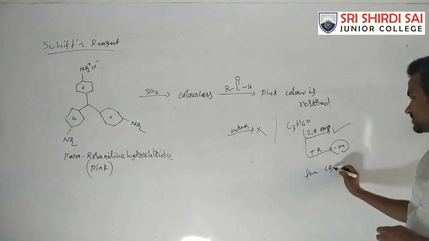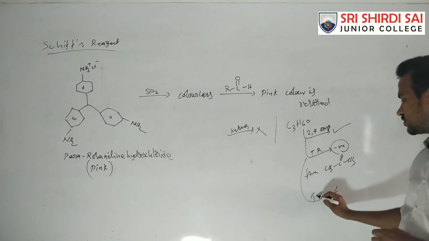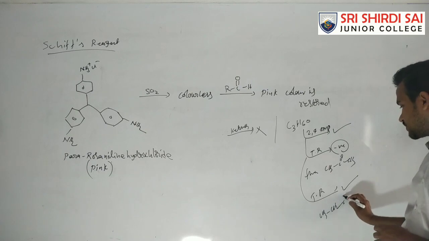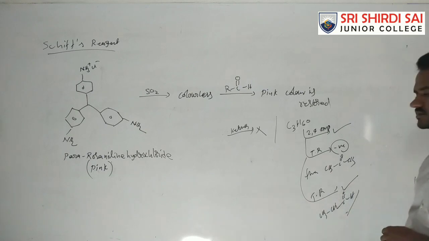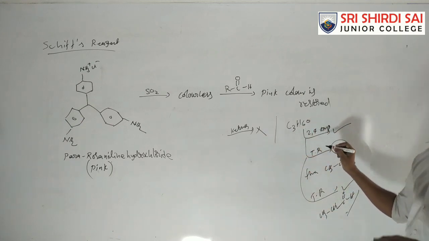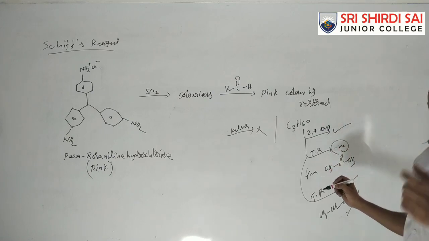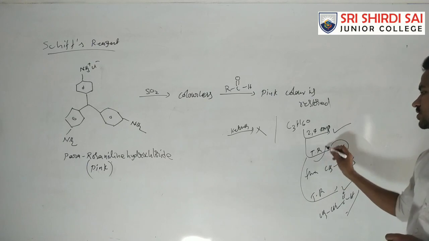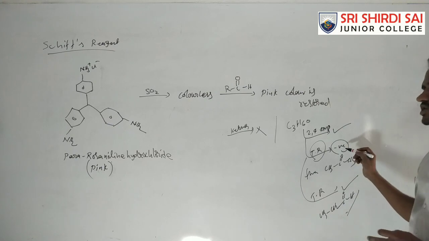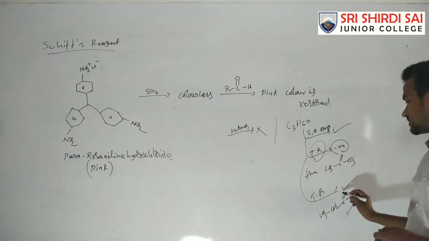Then the compound is CH3COCH3. If the compound reacts with Tollens reagent or Fehling's reagent, then the compound contains an aldehyde group, CH3CH2CHO. C3H6O reacting with 2,4-DNP means it contains a carbonyl group, either aldehyde or ketone. Whether it is an aldehyde or ketone functional group is decided by reacting with Tollens reagent. If the compound does not react with Tollens reagent, it contains a ketone function. If the compound reacts with Tollens reagent, it contains